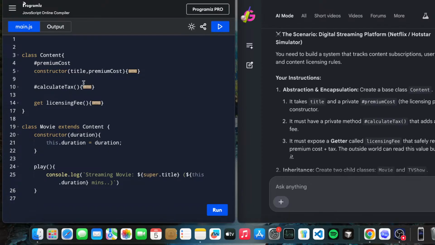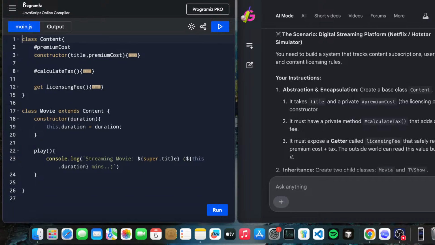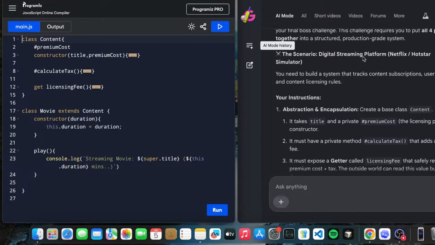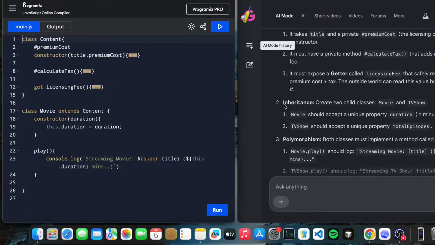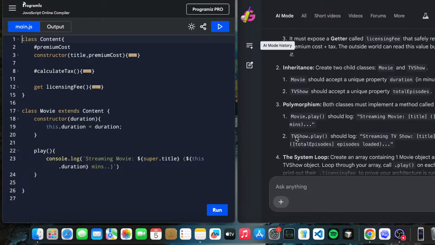Basically we are writing code for OOPs, working with the 4 important pillars of OOPs and creating digital streaming platform code. We followed abstraction, encapsulation, inheritance and polymorphism in the code.